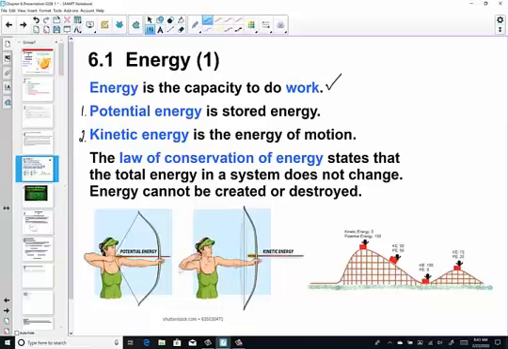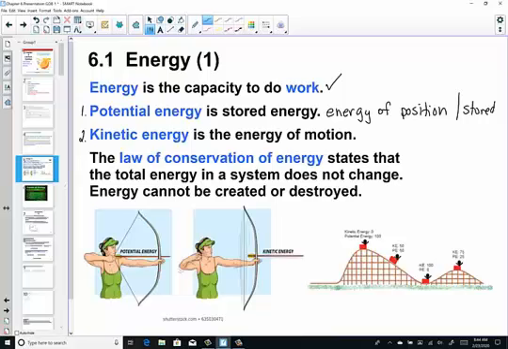I'd like you to define potential energy as the energy that is stored. The energy of position is another way to define that. Now in chemistry, potential energy is that energy that's stored within a chemical bond. And when we break bonds, and that's what chemistry is all about, energy is released. A second category is known as kinetic energy. And I'd like you to define that as saying it's the energy of motion. Anything moving possesses kinetic energy.